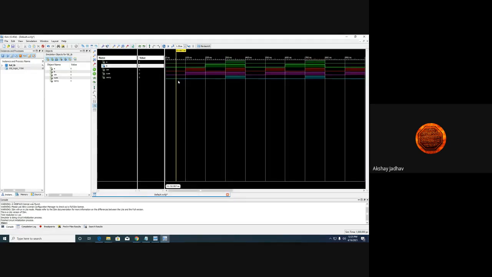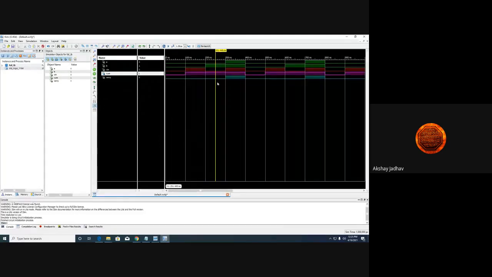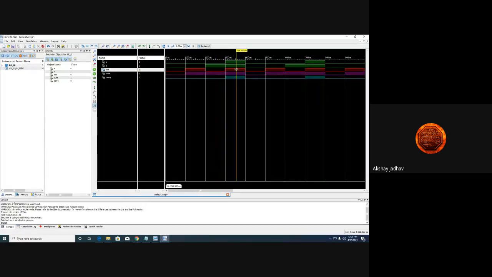So see, A, B, C in are 0, 0, 0. At that time we are going to get sum as 0 and carry as 0. And next, if your input A is equal to 0, B is equal to 0, and your C in is equal to 1, at that time I'm going to get sum as 1 and carry as 0. Okay, so if it would be there, then the next stage is, if A is equal to 0, B is equal to 0 and C in is also 0, the same output I'm going to get. So for all ones, I'm going to get the sum as 1 as well as the carry as 1. Okay, so in this way the clock cycles will get repeated.